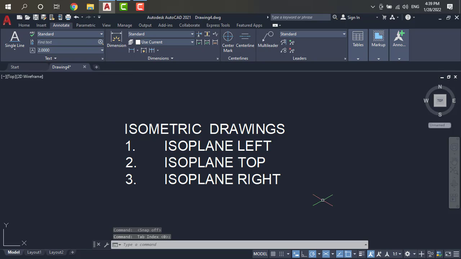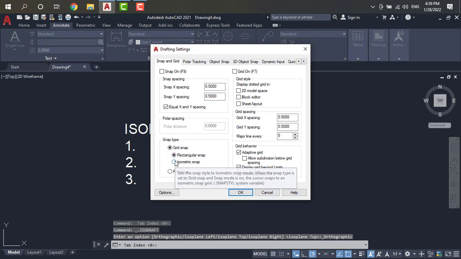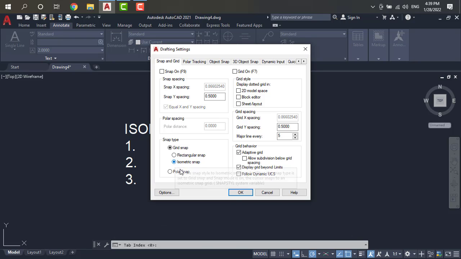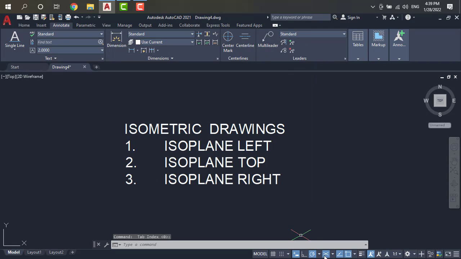If I turn this off, the cursor will be like this. This is our isometric drafting. If you want to go to snap settings, here we have to change the isometric snap. It is a long process. If you don't have the option like this, you have to select this, you have to do it by this. If not, we have to take direct isometric drafting here,